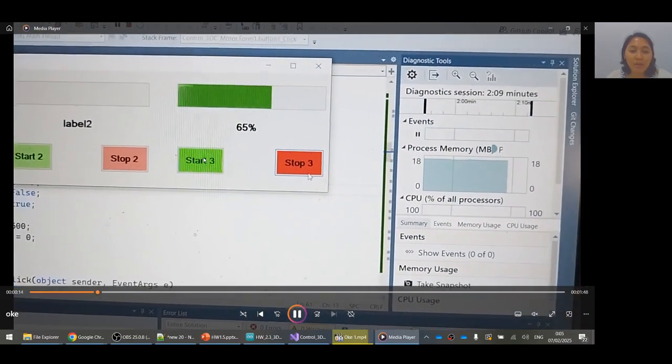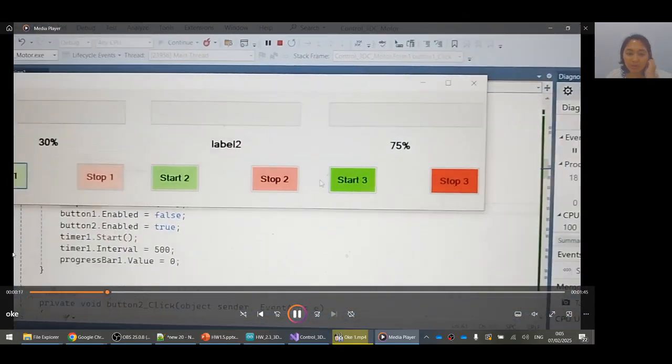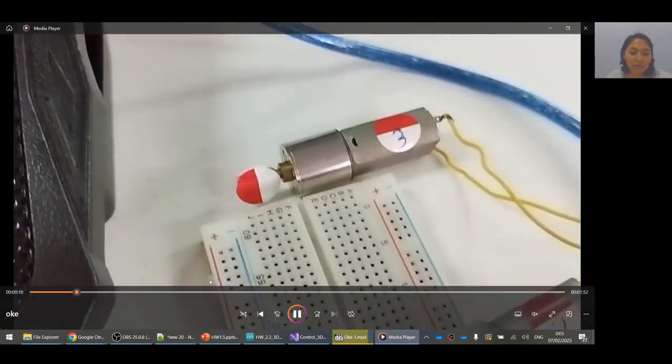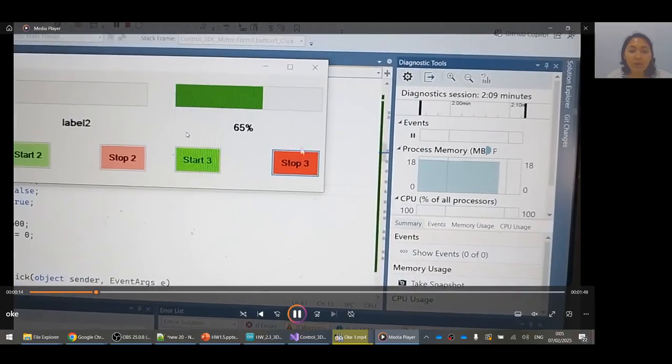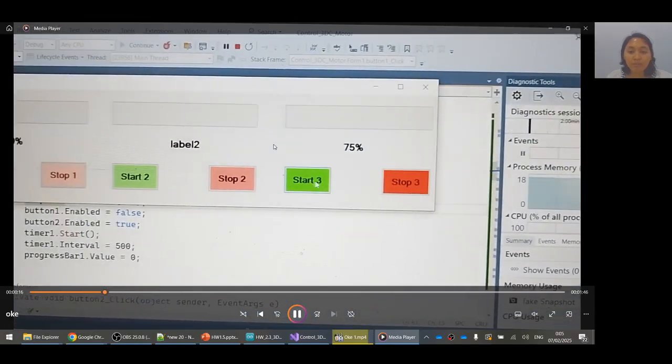When I start the button start 3, you can see the DC motor 3 will rotate, and then when I stop,